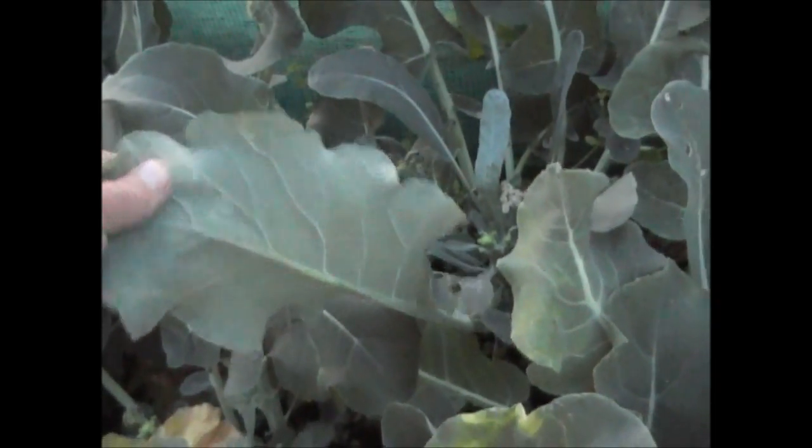But one thing that I have noticed, and I'm not sure if I'll find any now, but I'll have a quick look, is I found a couple of caterpillars in here. They're aphids there, I think. Yes, they are. All of these are coming out tomorrow, so I'm not too worried about these. But what I am worried about are the... no, I can't see any caterpillars on there, but these purple sprouting